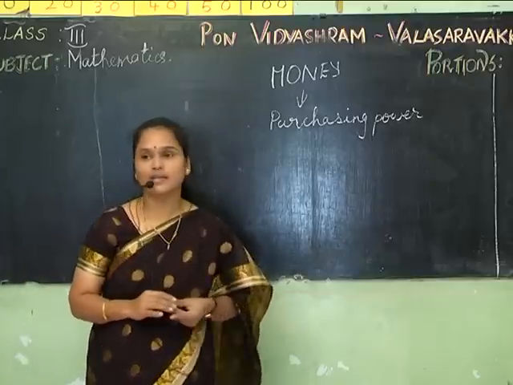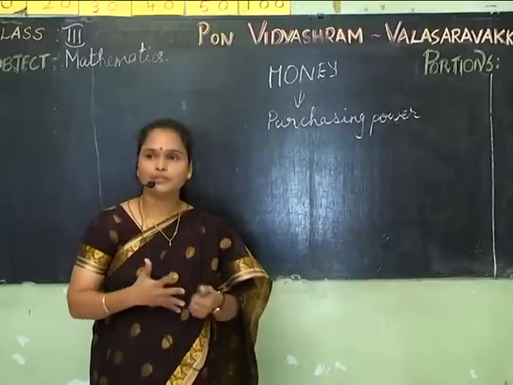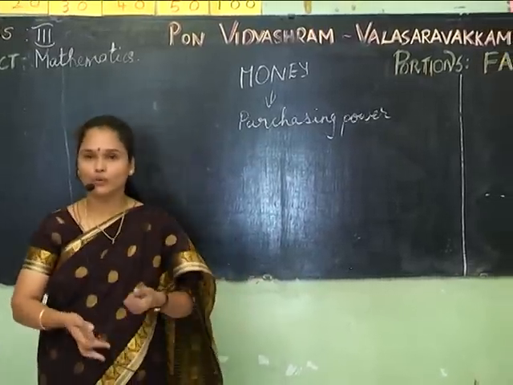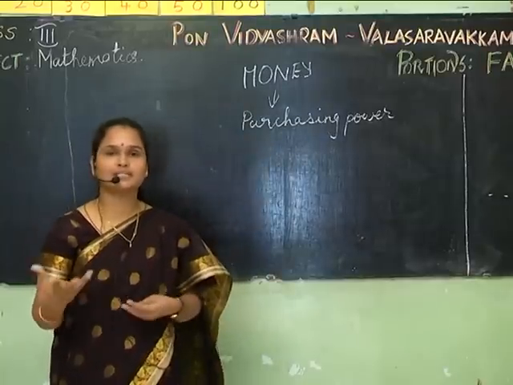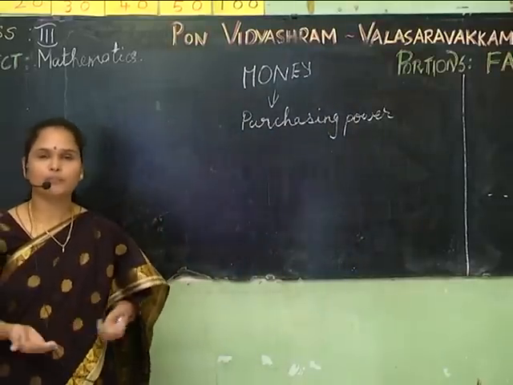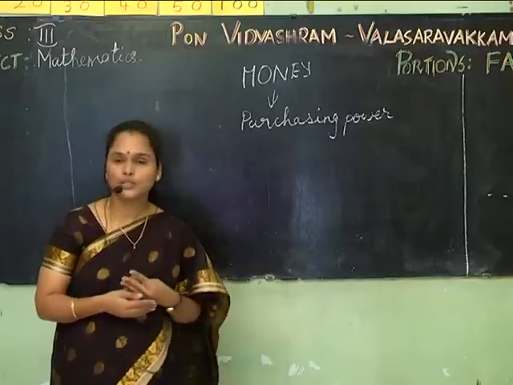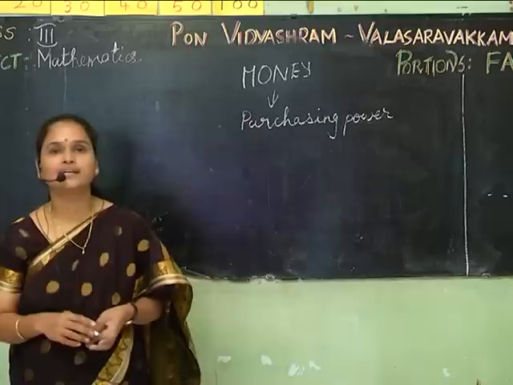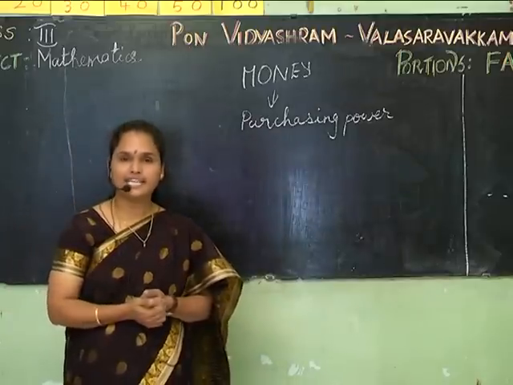What was there in the olden days? In the olden days, people used to exchange goods. Suppose if a person is having more of rice or more of grains, he used to exchange that with a person who is making clothes. So previously in the olden days, exchange of goods took place. That exchange of goods is called the barter system. There are many disadvantages in this exchange of goods.